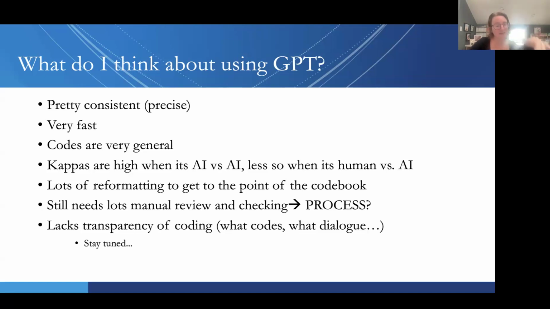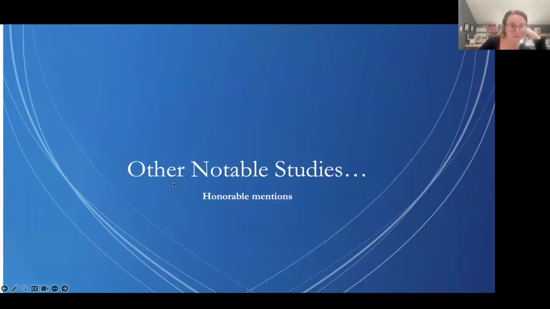And again, the fact that you can't go in and look at the coding is really problematic for rigor and audit trail, to show what codes are assigned to what dialogue and where in the transcript. That is just stuff that the software can do, but GPT does not export currently. Stay tuned on that. GPT does not import directly into MaxQDA. You cannot make an output to import it into MaxQDA. And I know that to be true because I've spoken with MaxQDA about it, and we're working on a workaround.